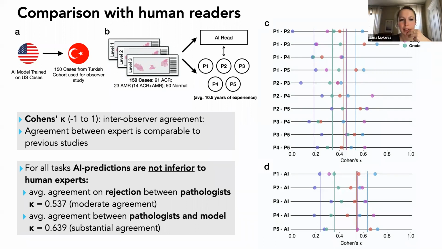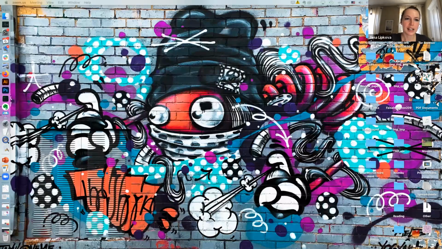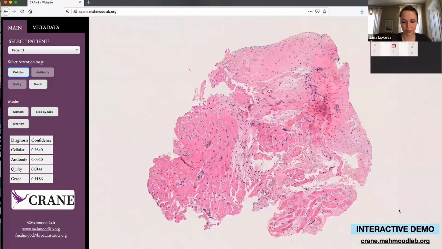I don't know, because we don't tell them what is there. We just show them it's a high attention. We don't tell them if it's antibody-mediated or cellular rejection. So there is still space for the pathologist to make the diagnosis. And another thing is that these high attention regions are not a segmentation of the predictive regions, right? They put high attention also to the regions that are atypical tissue.